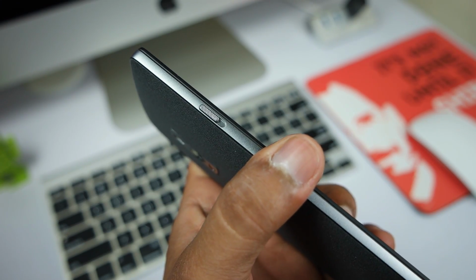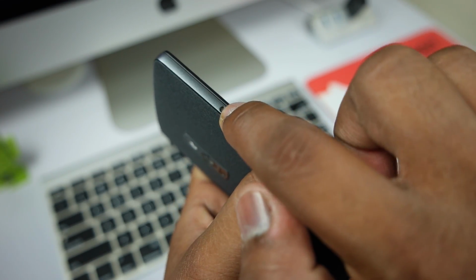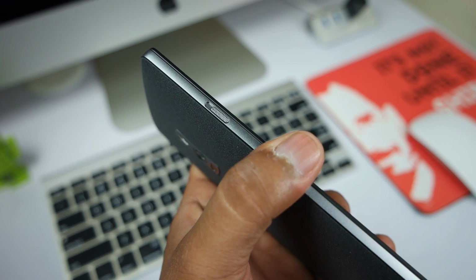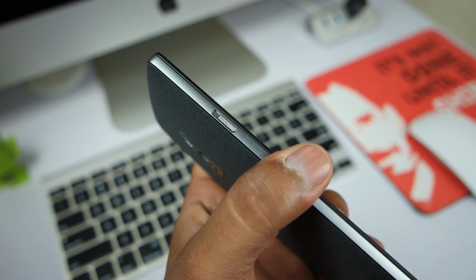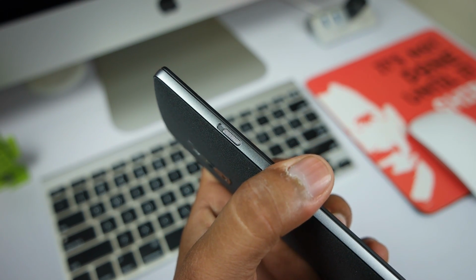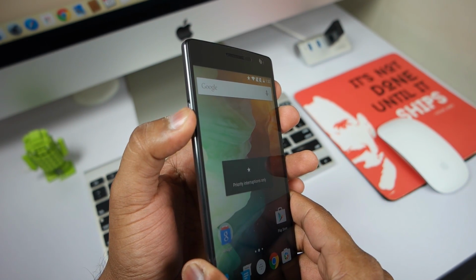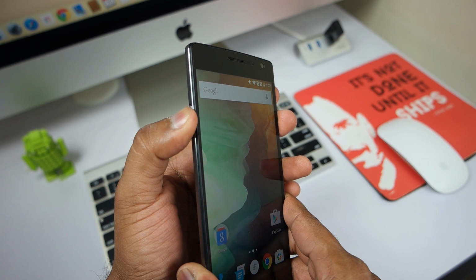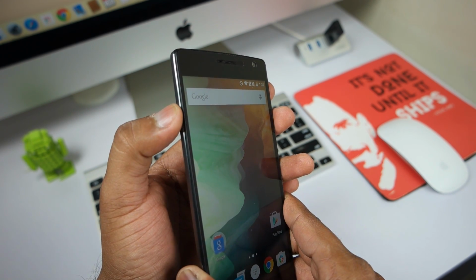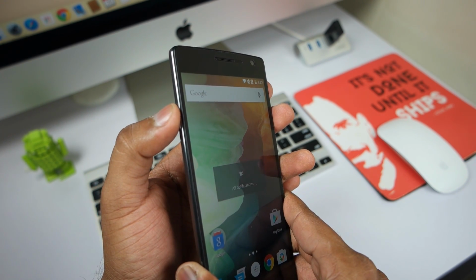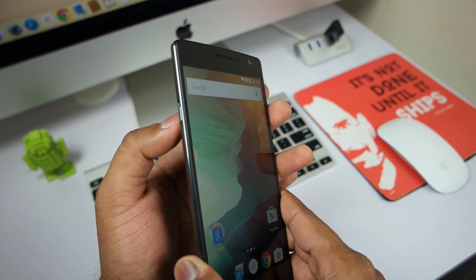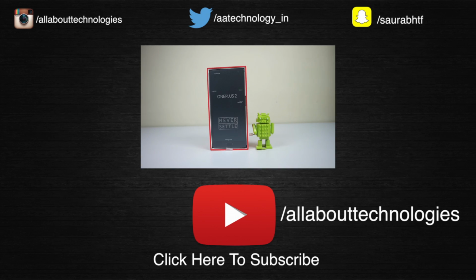Now since OnePlus 2 is a flagship killer, OnePlus had to make some extra efforts. So they did that by adding an alert slider. Now with the alert slider, you can push the slider button in between if you want priority notifications. You can move it to the top if you want only alarms to ring, and you can move it to the bottom if you want to hear all the notifications. So that is really simple. So guys, these were some cool features on the OnePlus 2 when it comes to hardware and software.